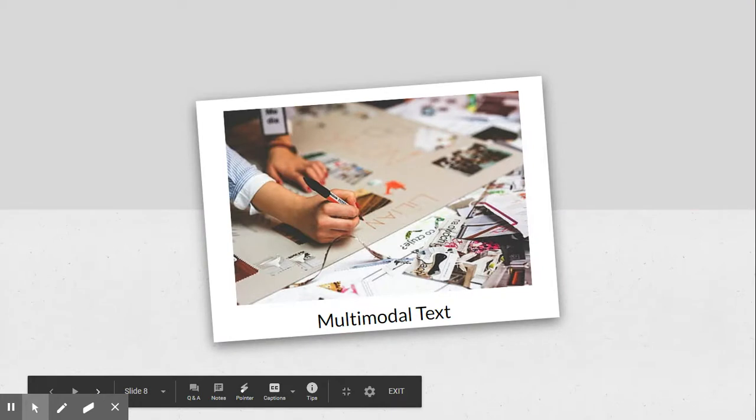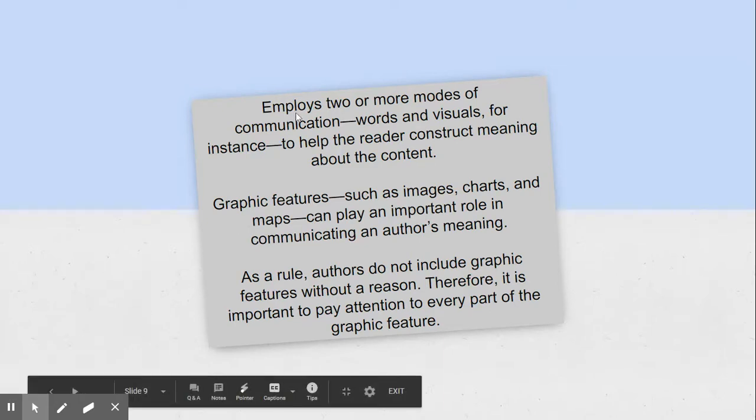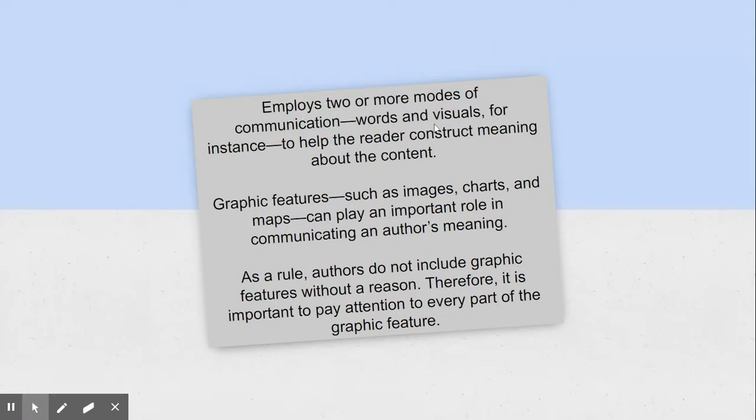Multimodal text. So multimodal, multi meaning many, and modal having to do with modes. So multimodal text employs two or more modes of communication, words and visuals, for instance, to help the reader construct meaning about the content. Graphic features such as images, charts, and maps can play an important role in communicating an